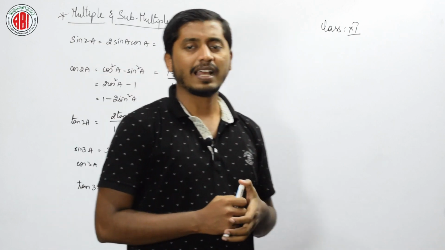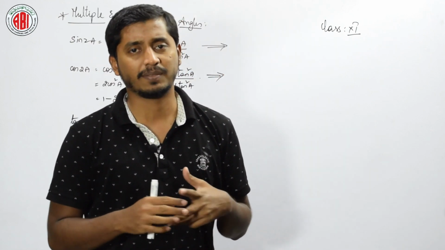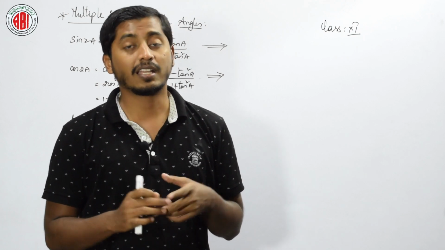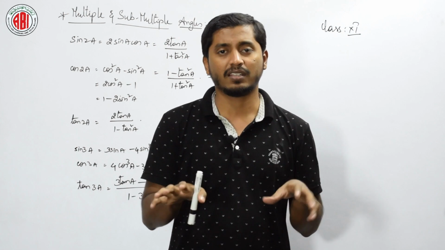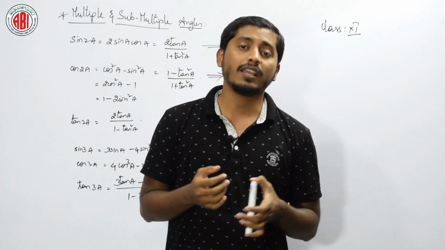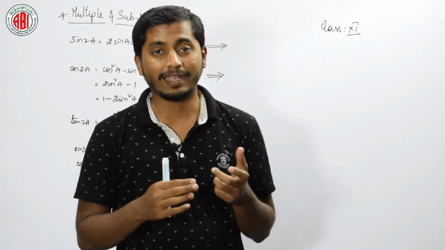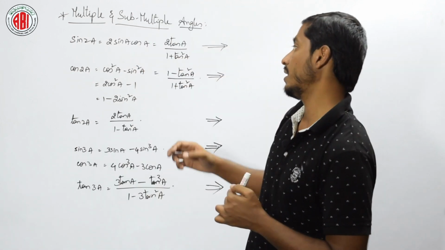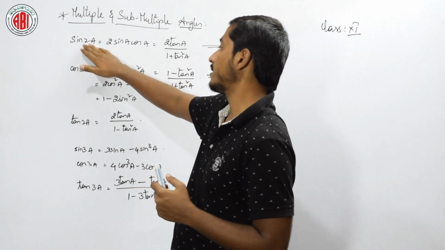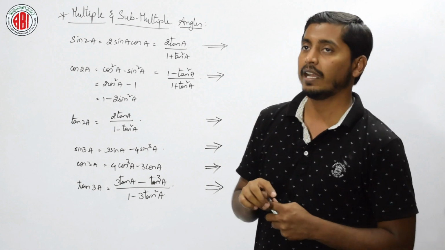What did we do in the last class? We learned the formulas of cos of A plus B, sin of A plus B, A minus B kind of thing. That is, we used the compound of two angles such as A plus B, A minus B. Today we will have multiples of angles such as 2A, 3A kind of things. In those lines we are going to learn a few formulas such as sin 2A, cos 2A, tan 2A kind of things.